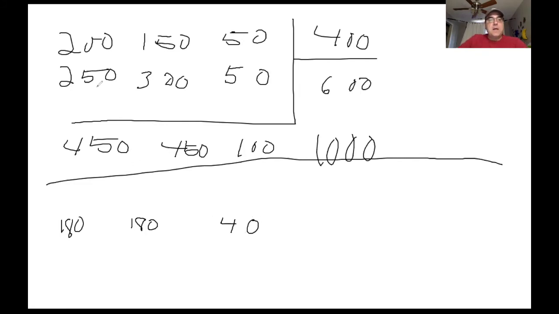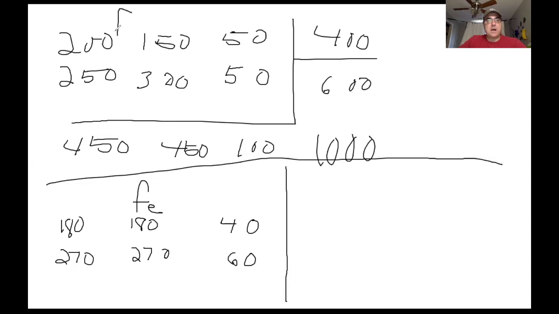All right. Now for the bottom, 250 is what we had observed here for this category, but that is 450 times 600 divided by 1,000. That gives us 270. 450 times 600 divided by 1,000, again, 270. Not a surprise. And 100 times 600 divided by 1,000 is 60. All right, that is our expected frequency table. These are our observed frequencies. And now what we need